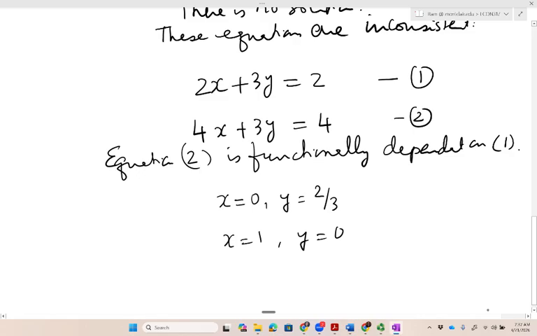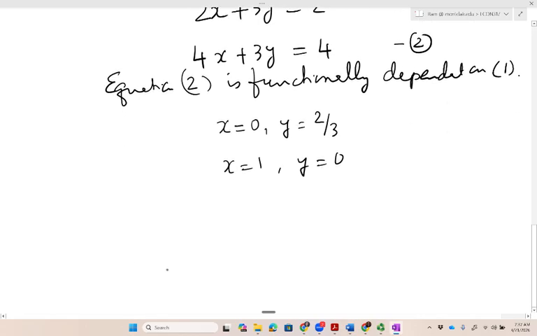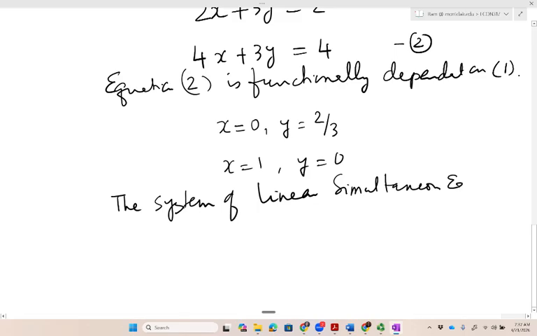So in order for us to have a unique solution for two equations, two unknowns, or more in general, n equations, n unknowns, what we require is the system of linear simultaneous equations must satisfy two conditions. They are consistent